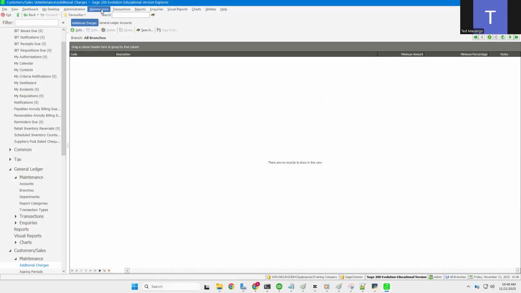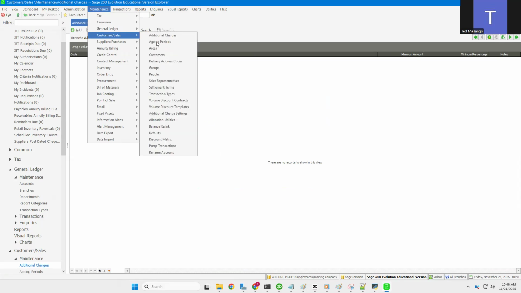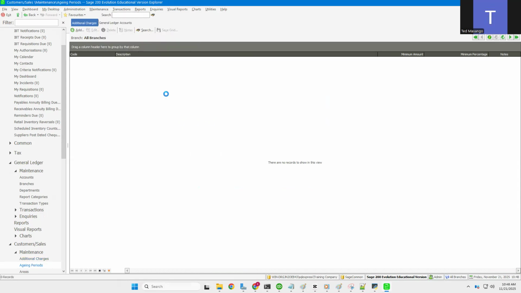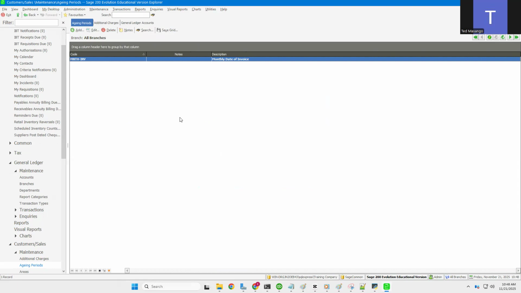Right. So let's go back to maintenance, customers, aging periods. By default, the system comes with month-based aging. What the system assumes is that when you are selling your products, you are selling on credit. In other words, your customers are not paying you there and then. They will pay later on. So you give 30 days credit. So it ages. Aging is just